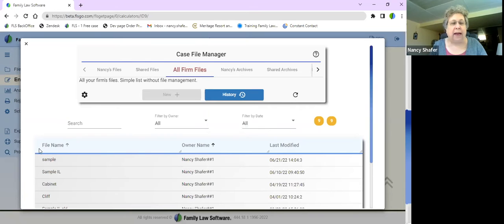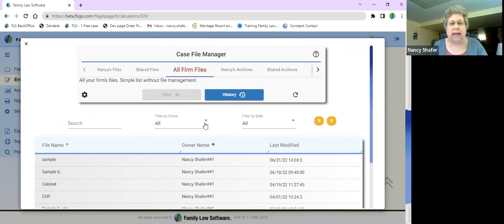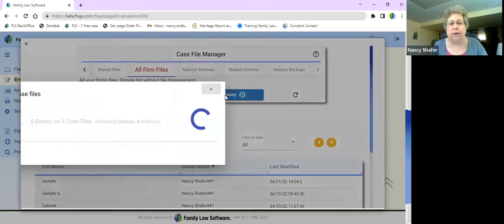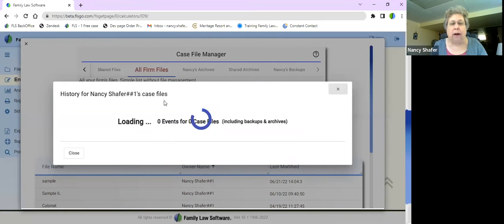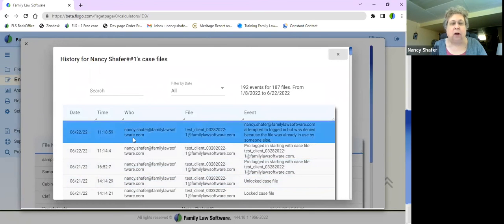We also have the ability to look at the files themselves and either save, archive, or backup. Look at the backups of files. If you need to restore a file, if something happened, you can look at the history of a file, and it tells you everything that was done and how long